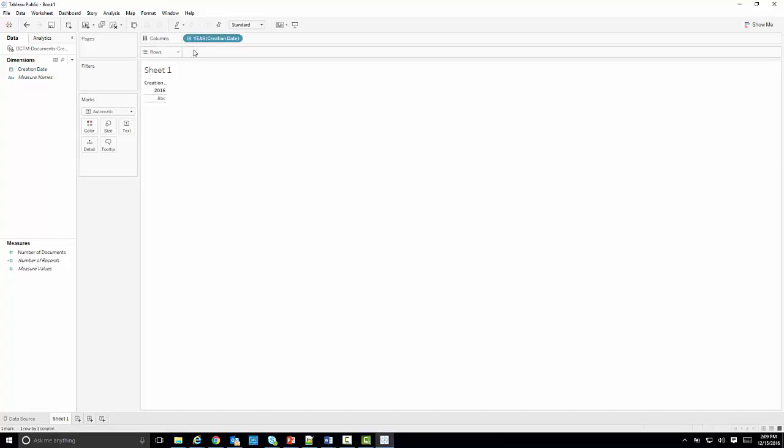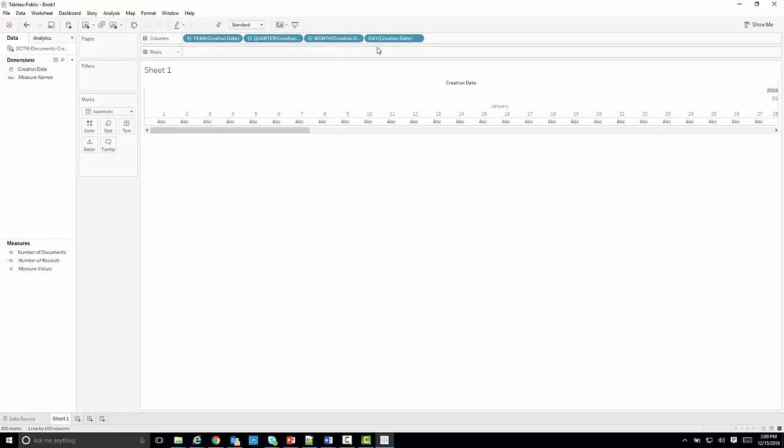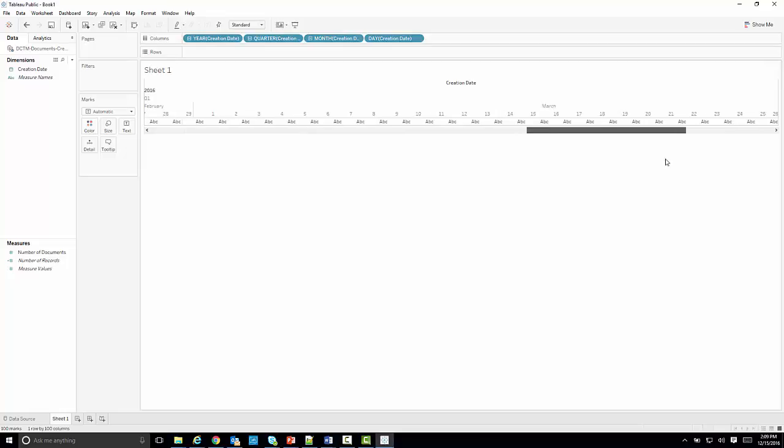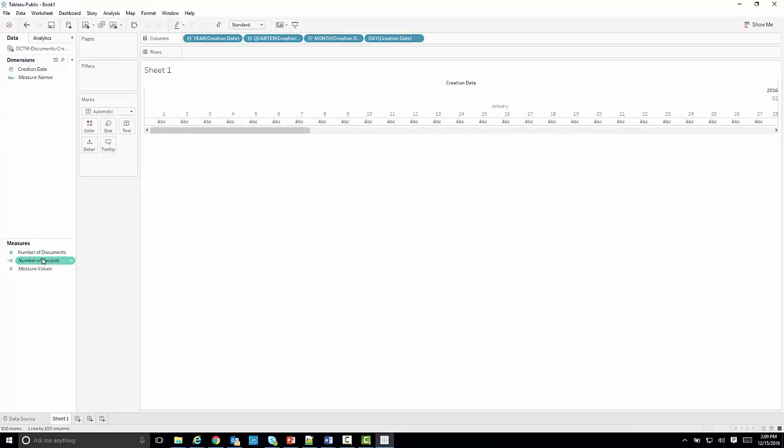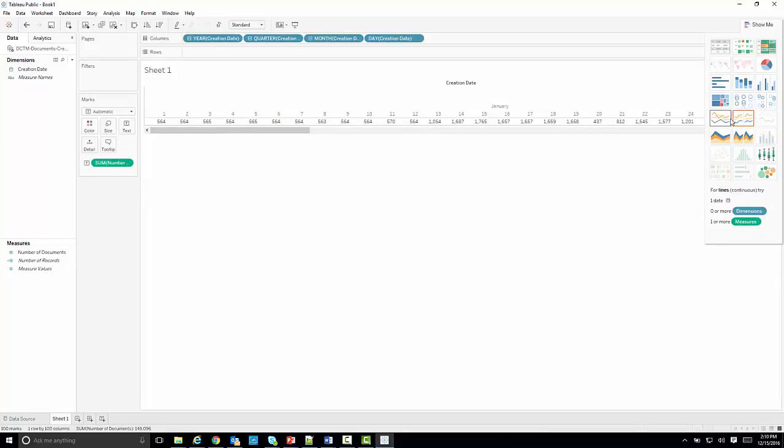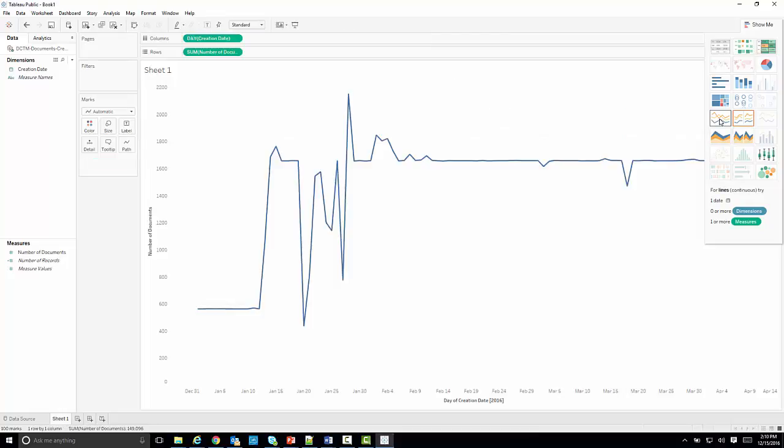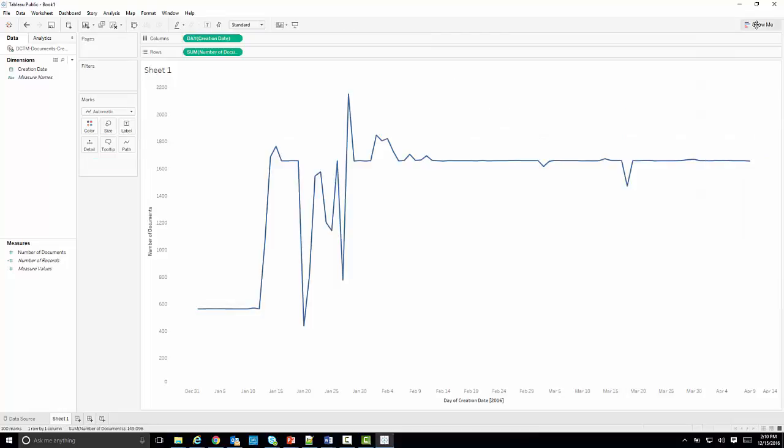For example, in Tableau, you can create this calendar like dates, right? So we have all the different days, and if you add the number of records, now you're able to define different types of reports. You can see here on the right. So if I want, in this case, something like a timeline, so I can see the trends, right? And there we go. So now I have the number of documents created per day, right, during a period of time,